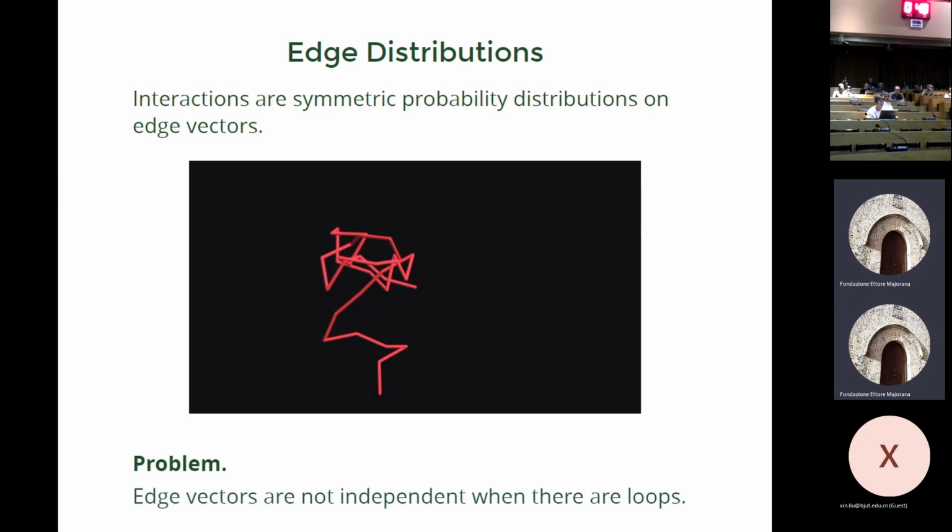So that's sort of the problem with this classical theory from the 30s of random walk models of polymers. Once you start having loops, you have constraints that destroy independence and make things much more difficult.